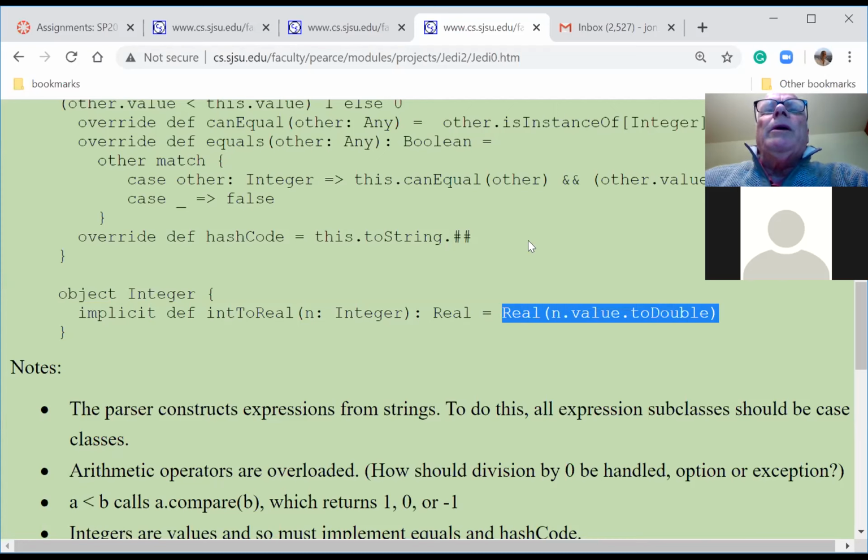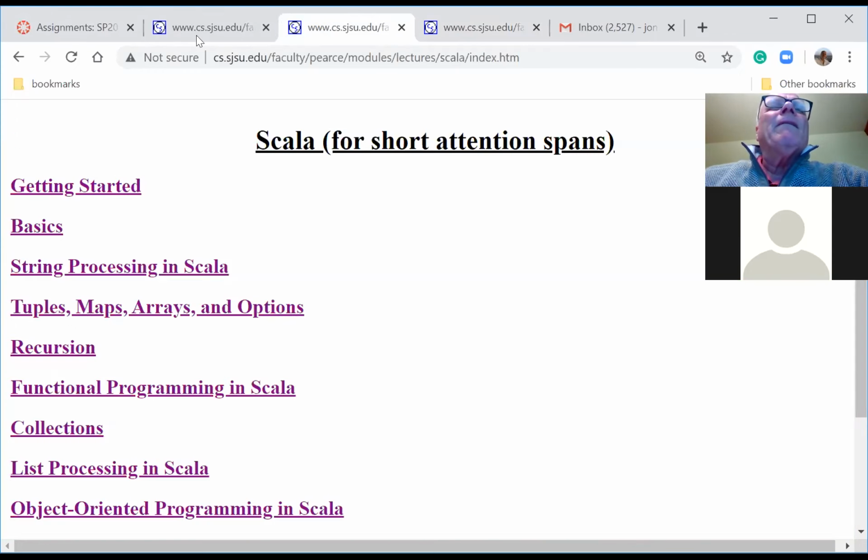So if you do 3 times 3.0, this method will be automatically invoked to convert the 3 into 3.0, so now you're just doing 3.0 times 3.0, which is 9.0. And it's the same for integers or anything else. Okay, I'll say more about that on Thursday, I guess.